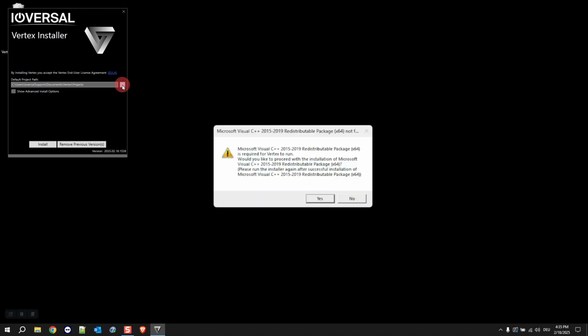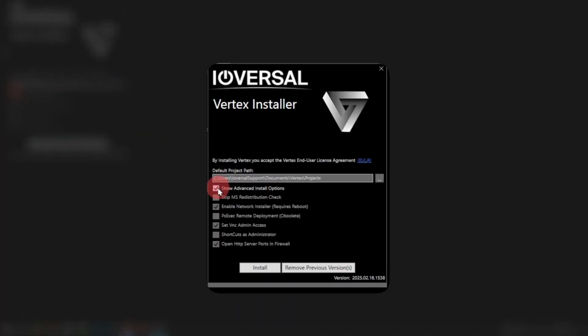During installation, some Windows components like C++ redistributable packages are deployed. Now, Vertex itself does not need these packages, only a third-party component that is shipped with Vertex. So if you have another version of these .NET or C++ packages already on your system, because one of your other applications requires this particular version, it would be best to skip the MS redistributable check in the